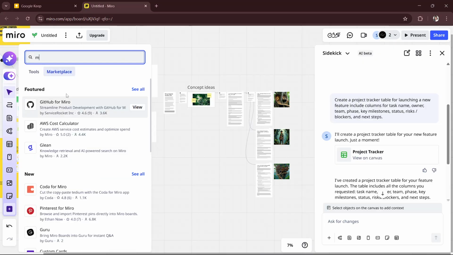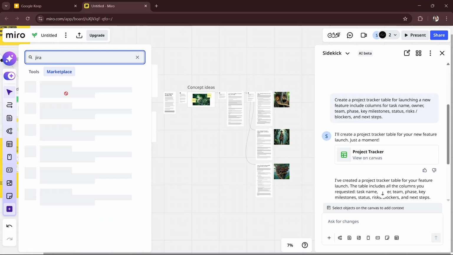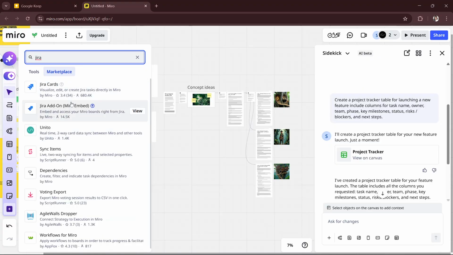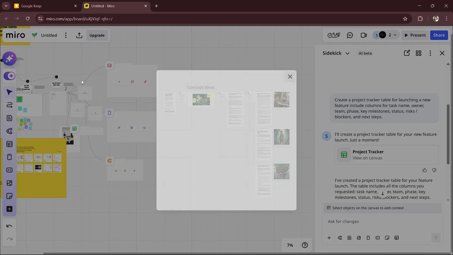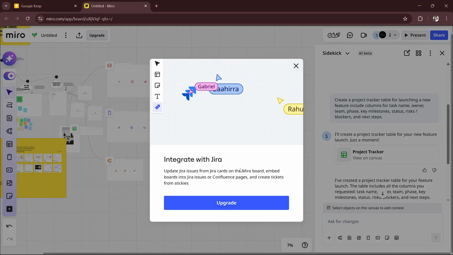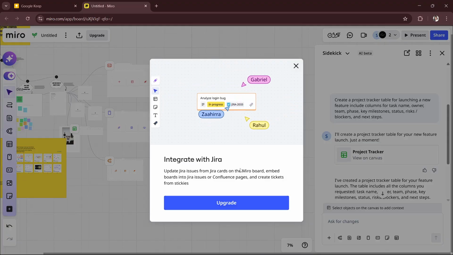So go ahead and look for Jira. So as you can see, their Jira card is here, and of course you will have to upgrade first so that you will be able to integrate it with Jira. So